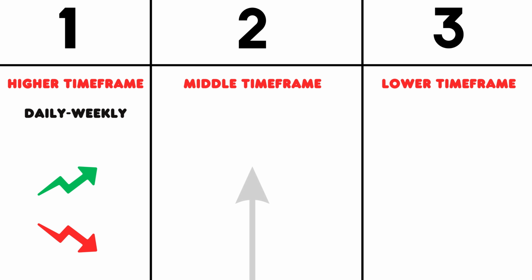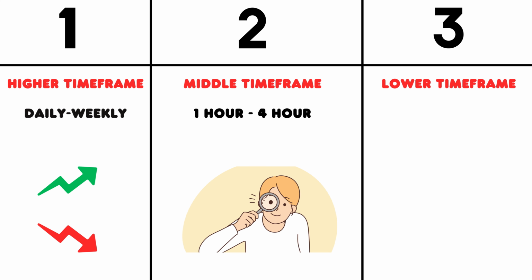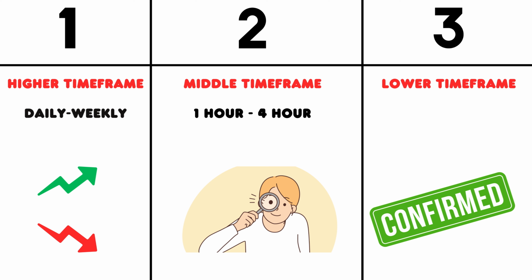Afterward, we move to the medium time frame, such as the 1-hour or 4-hour chart. This helps us observe potential trade opportunities. In this stage, we identify key zones, which will guide us as we transition to the lower time frame. Finally, we move to the lower time frame, where we confirm the price reaching the zones identified in the medium time frame and turn these into trade setups. We can refer to this area as the trade zone. For lower time frames, 1-minute, 3-minute, or 5-minute charts can be preferred.